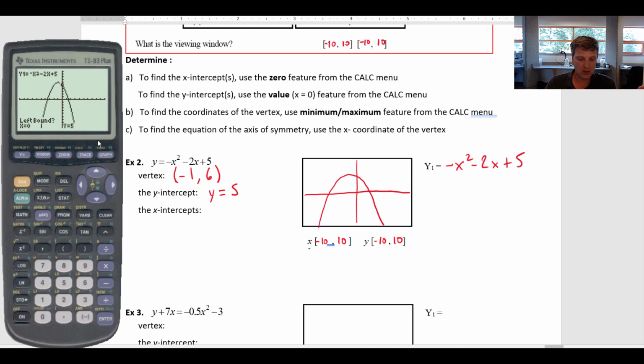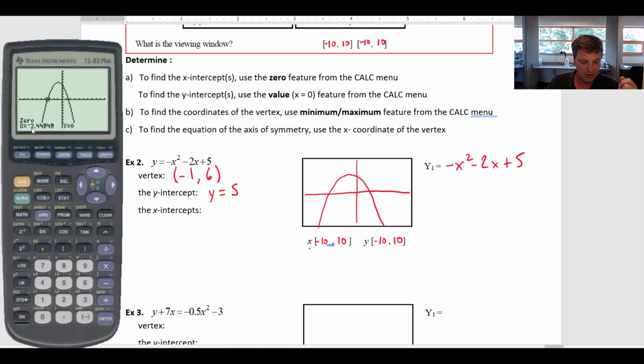now there are two X-Intercepts, so I have to do them one at a time. I'm going to do the one on the left first. So I'm going to move this cursor, and again it's asking me, is it left bound? So I need to basically give it a range to work with where I know that the intercept is contained within that. So I'm going to move it over to the left and say enter, yes. And you can see it leaves a little cursor there, so I know I've chosen that. And now it says, okay, give me a right bound. So I move it so it's definitely to the right, and then hit enter. Yes, sure, why not? And I hit enter, and it returns a value here of, okay, the 0 happens at